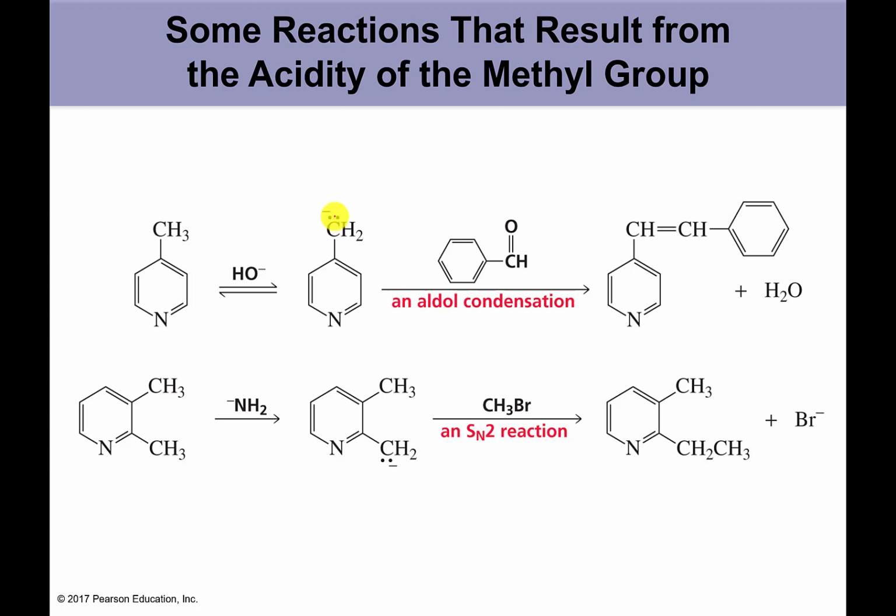So you remove the proton from the methyl group. Again, it's got to be in either the 4 or the 2 position. You bring in your aldehyde, benzaldehyde in this example, and then it can attack. Eventually, what you end up with is the aldol product, not the condensation product. But it turns out